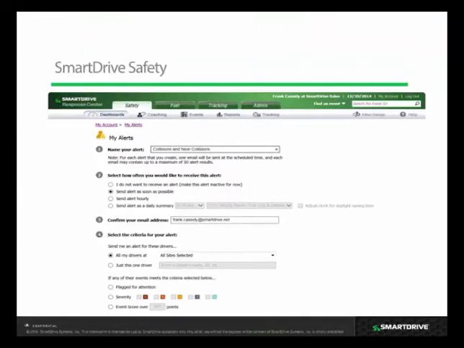This page is where the alerts are created or modified. The steps on how to create an alert are as follows. Name your alert. In this example, we will create alerts for collisions and near collisions. The line Collisions and Near Collisions will appear on the subject line of the email sent to you once an